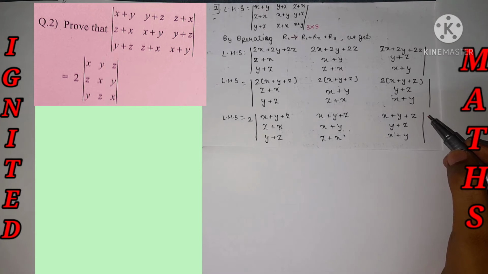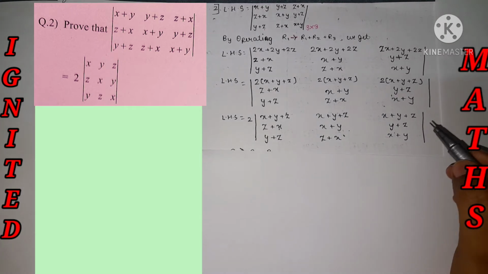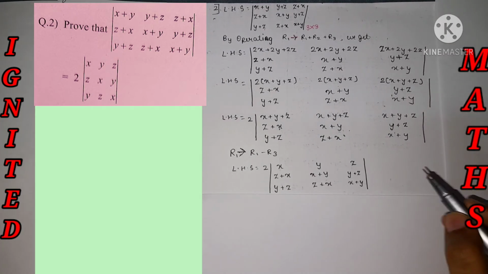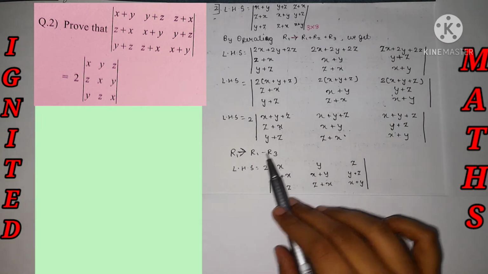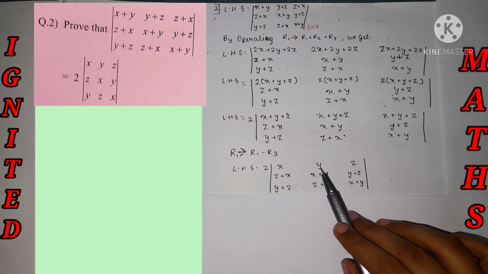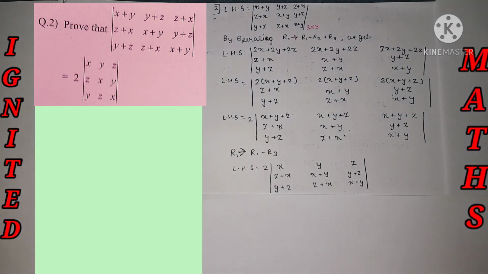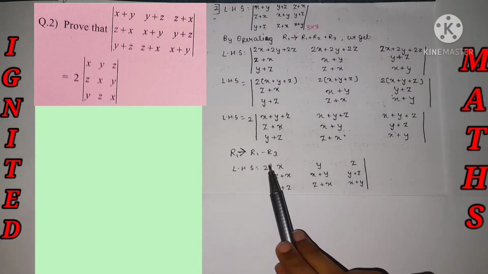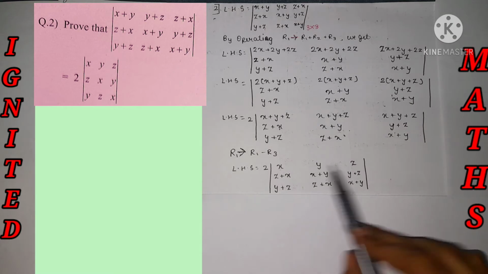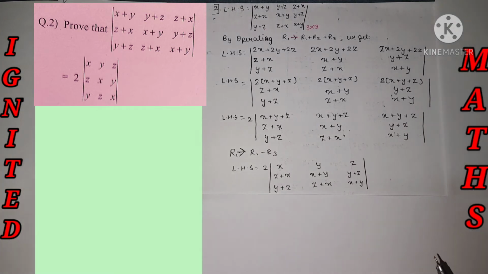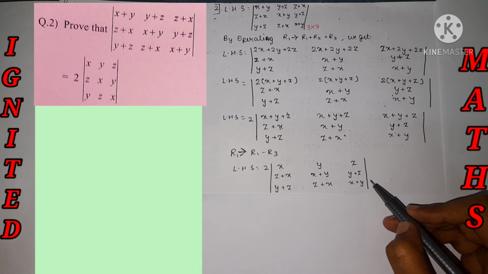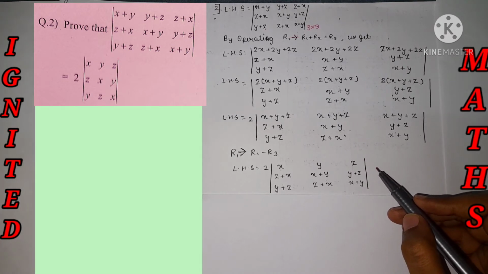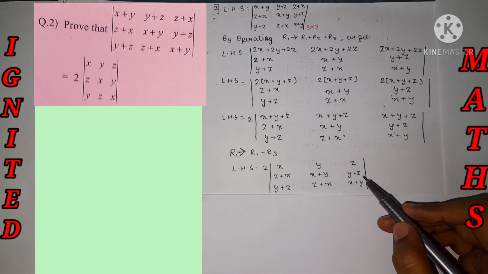This is how the question asks. Let's get started. Now we are done with the solution part. Row 1 minus row 3: if we do the operation, we will get the answer x, y, z. We have completed the first row and we got the 2 also. Now the two operations are still left, that is at my row 2 and at my row 3. The same procedure is applied at row 2 and row 3.